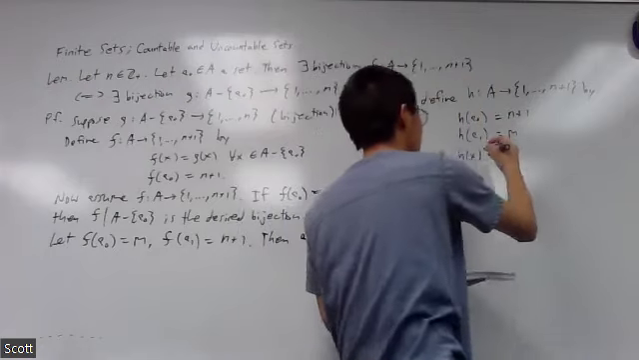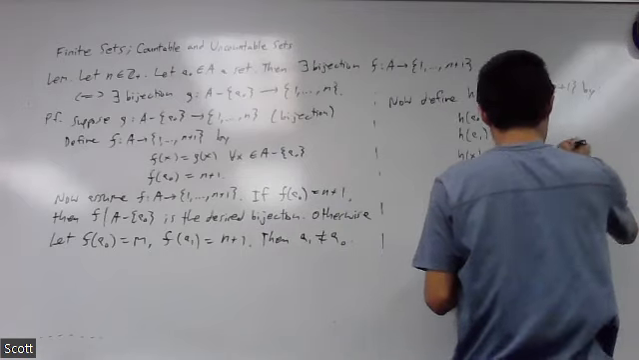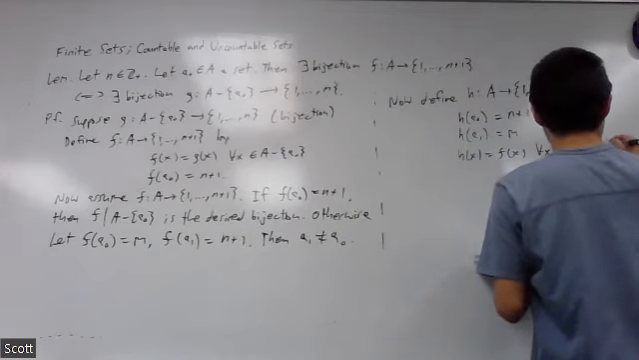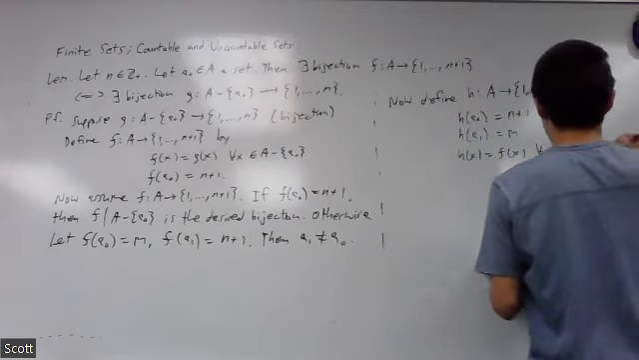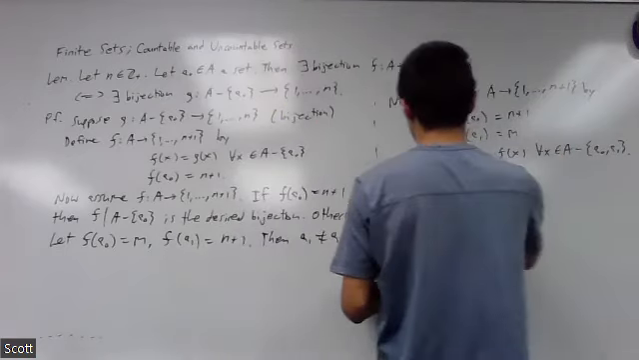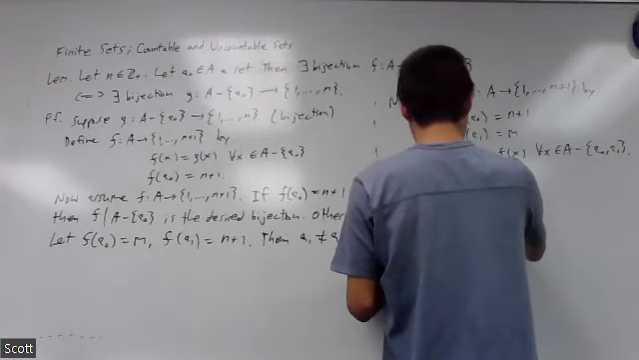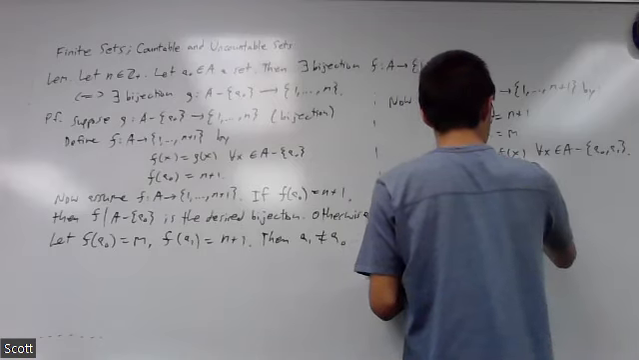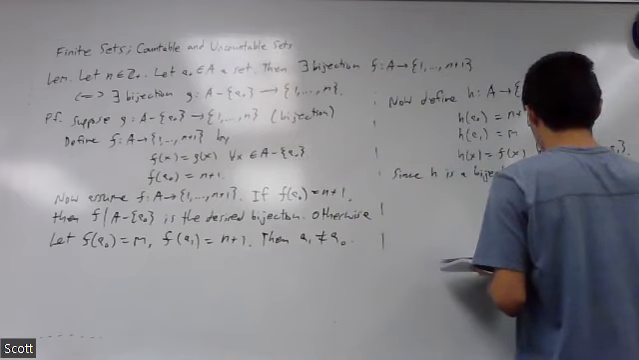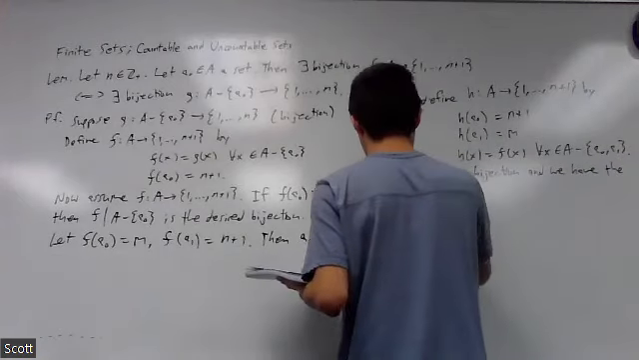It's either an issue or it's not. And for everything else, h of x is equal to f of x for all x in basically the rest of the elements, so A not involving the a naught and the a1 that we've already dealt with. And in this case, this is a bijection. So we say since h is a bijection, and we have the straightforward case,